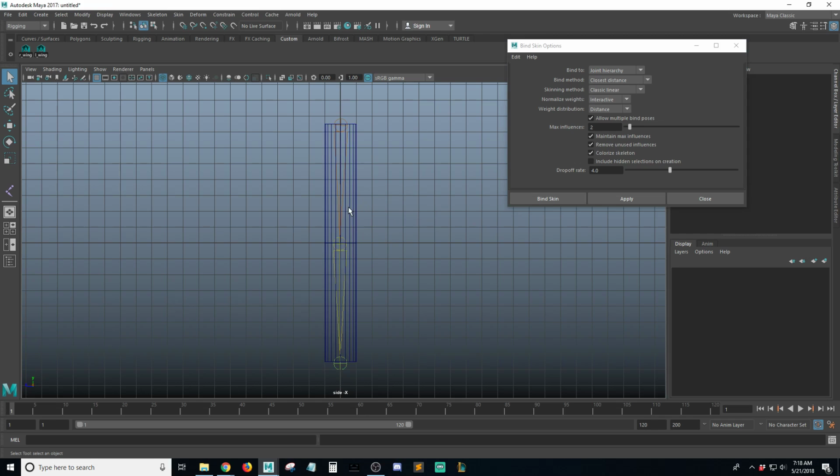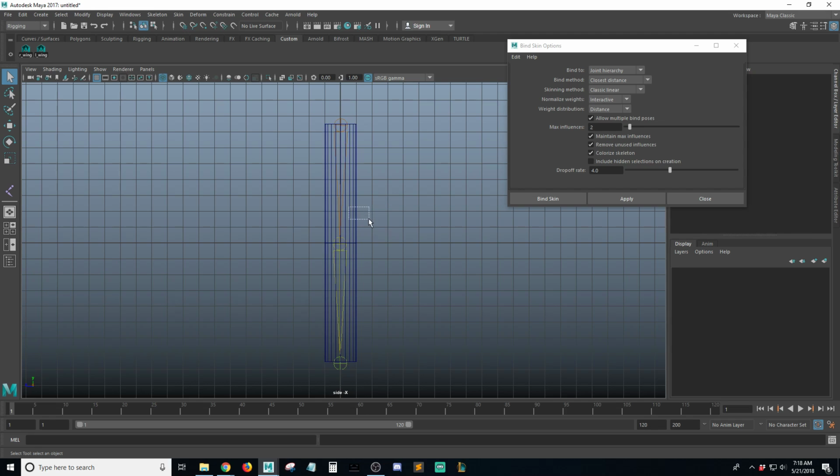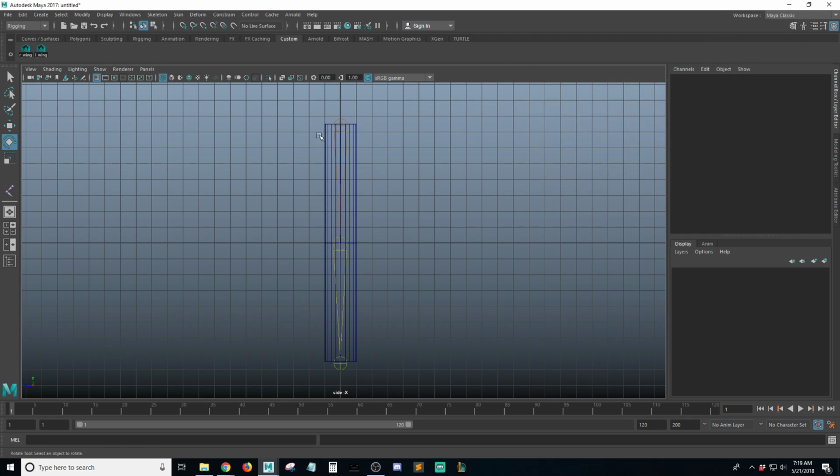Just know that what I did was I bound the mesh to the joints. So now they're talking to each other. So now when I move the joints, the mesh is like, oh, okay, I need to move with it. So that's just creating the joint chain, and then creating the mesh, then creating the joint chain, and then binding them together. The next thing I want to do is create